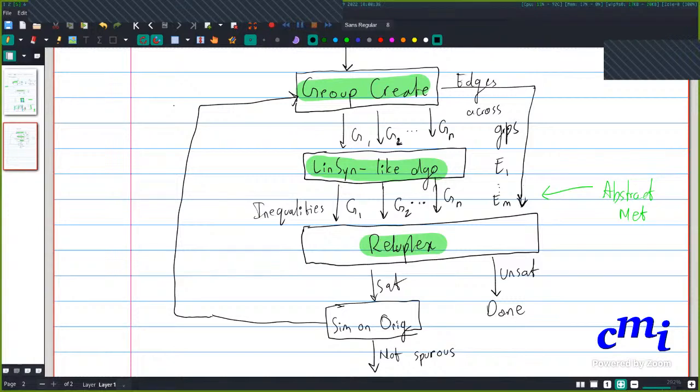Only then will it be counterexample guided.